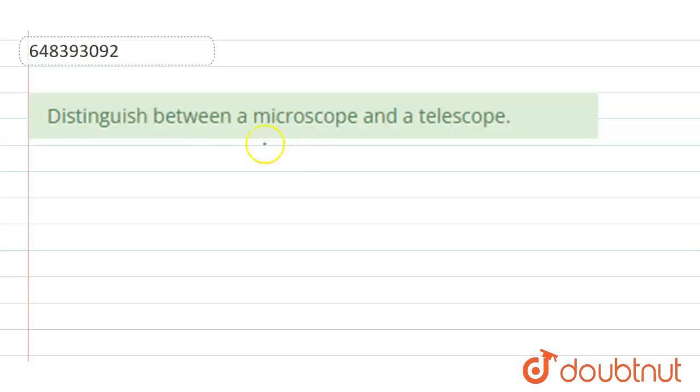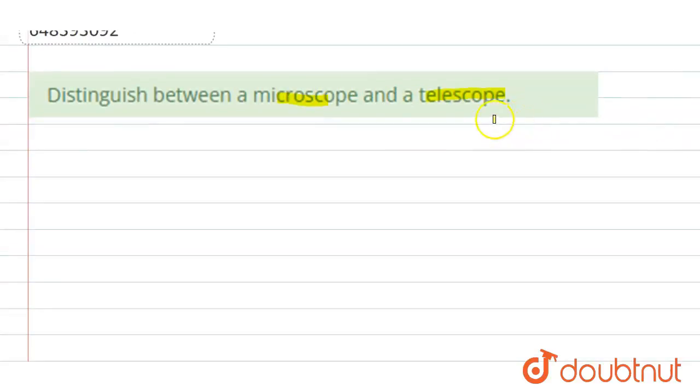Hello students, so the question says distinguish between a microscope and a telescope. So we have to write the differences in microscope and a telescope. Our first difference is that